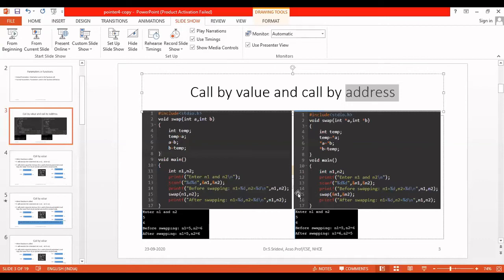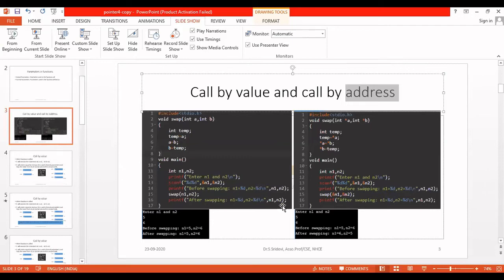Now the control will go to line number 2. Since you are passing two addresses as arguments, you have to store the addresses when you receive them. So in which variable can we store an address? Only in a pointer variable. So here you should not declare the variables as normal variables, int a comma int b, because we are passing the address. Since we are passing the address, the variable must be declared as a pointer variable. So in the swap function, I am declaring two pointer variables. Now, can I declare any pointer variable there? Can I write float star a comma float star b, or char star a comma char star b?